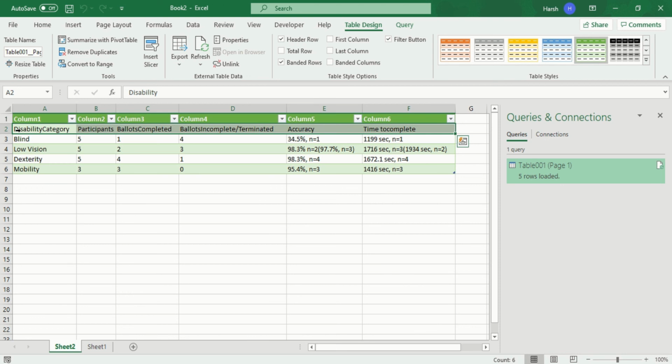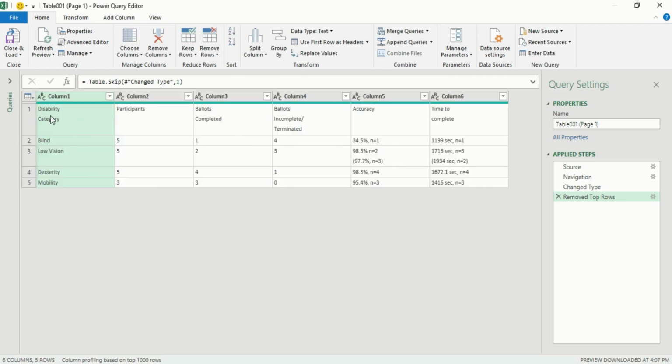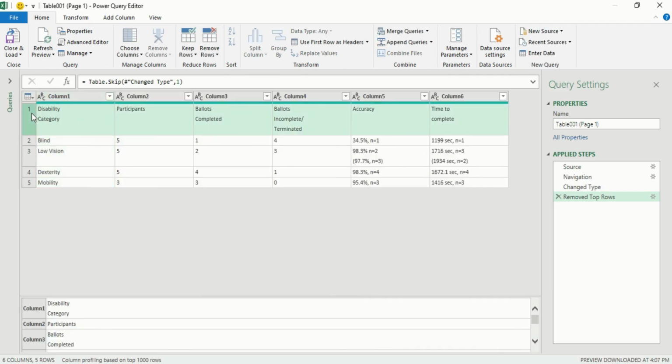Now there are a few things that you have to do with your data. My second row is actually the row headers. In spite of that, Microsoft Excel has created a new header which I do not want. So again you can go to your Power Query, double click on it, and go into the Power Query editor, and again you have to make this first row the headers.